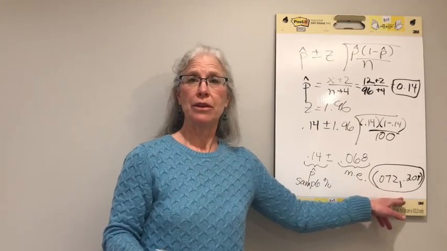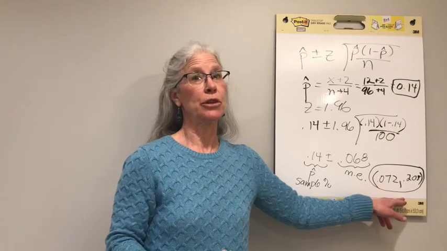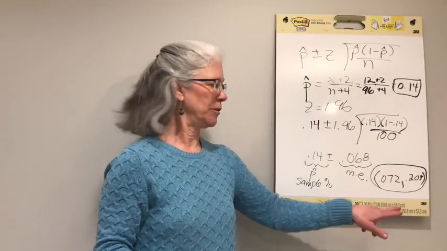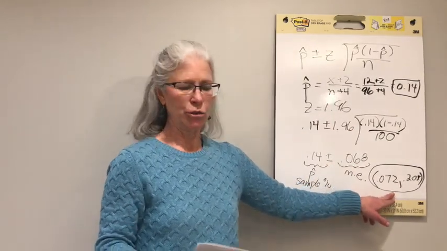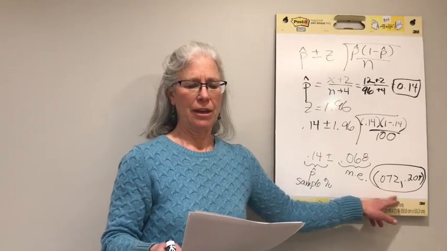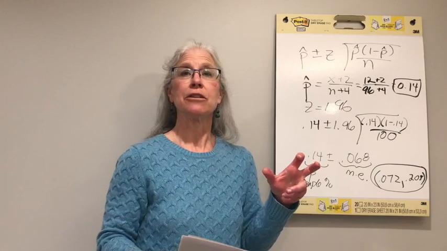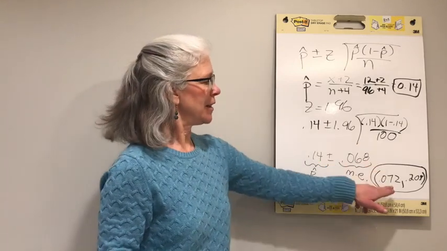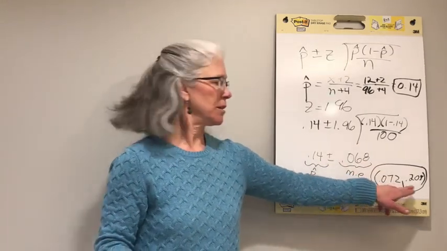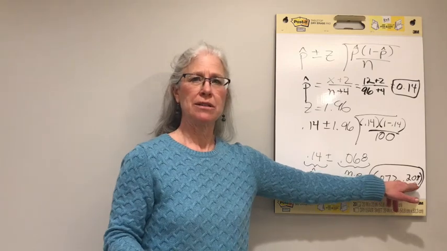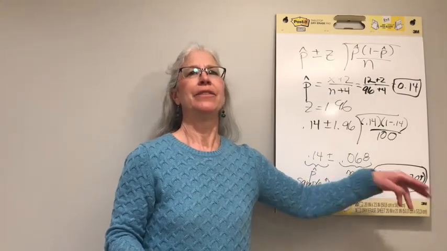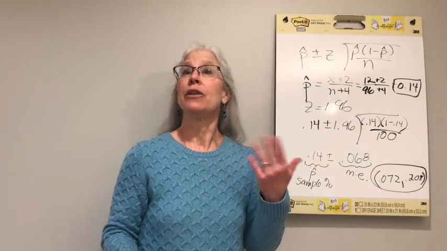We never prove anything with statistics, but we're pretty sure, assuming we have a simple random sample, that we have caught the truth, 95% sure. So we are 95% confident that then the next thing we need is the range. We are 95% confident that 7.2% to 20.8% of,